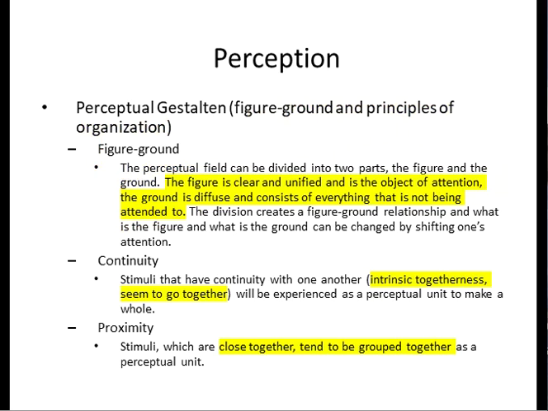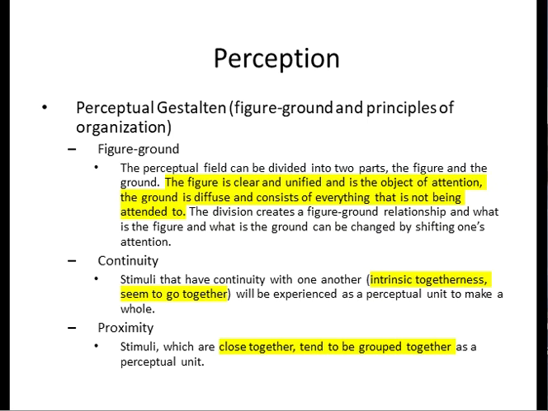Furthermore, when it comes to perceptual gestalten, we have the figure-ground and principles of organization to look at. So with figure-ground, the perceptual field can be divided into two parts: the figure and the ground. The figure is clear and unified and is the object of our attention. The ground is diffuse and consists of everything that is not being attended to. The division creates a figure-ground relationship, and what is the figure and what is the ground can be changed by